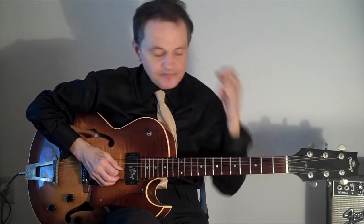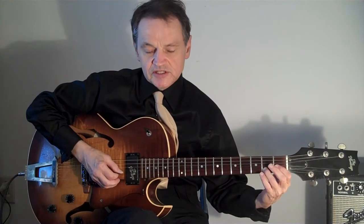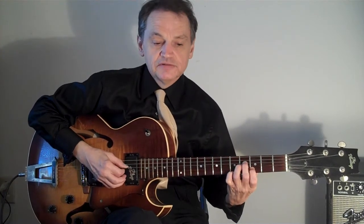Following is an analysis of But Beautiful, measures 1 through 8. We're starting out with a device called contrary motion. Between the treble and the bass voice we have a contrary motion device. The treble voice is ascending, the bass voice descending. The first complete measure,